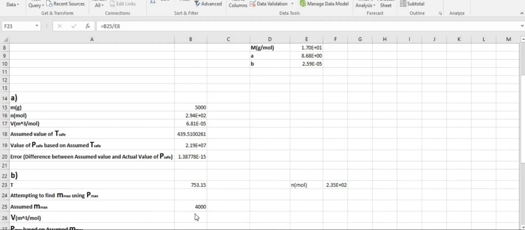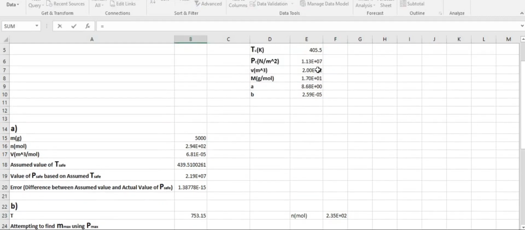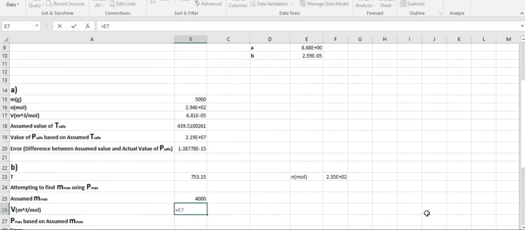Now the new value of the volume will be equal to the volume we have here divided by, so we have this. Now our P max based on assumed m max, which automatically changed our value of V,